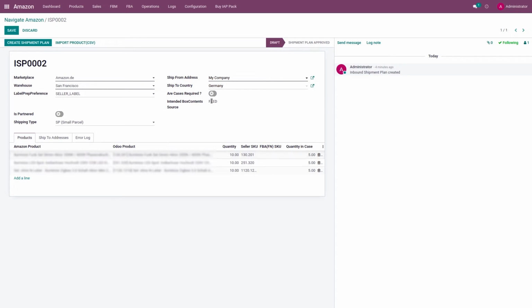Now once I have added this information, I can click on create inbound shipment plan. If there is any issue with the information provided by the seller in this plan, then the system will automatically move this inbound shipment to the cancelled state, and there can be several reasons behind this cancellation, like the seller has selected Amazon labels only, but Amazon doesn't find sufficient information to generate the labels. The second reason can be